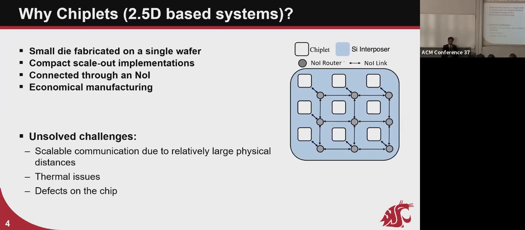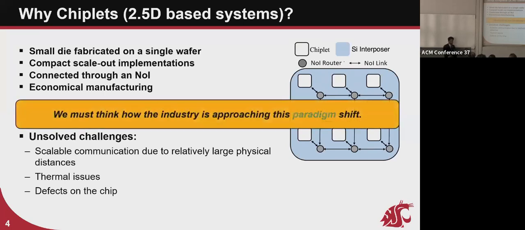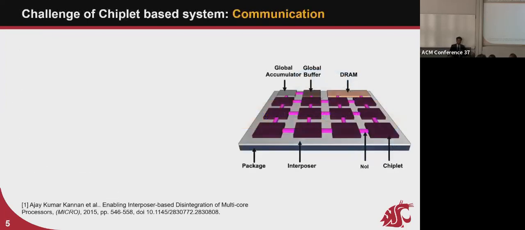it is an economical manufacturing process, but it has issues now that the chiplets are physically far apart. You can see the scalable communication due to this larger physical distance becomes an issue. There might be thermal issues within the technology node that we're using and defects. But here, we should kind of think about how industry is approaching this paradigm shift. So the biggest issue of all, the challenge, is the communication,